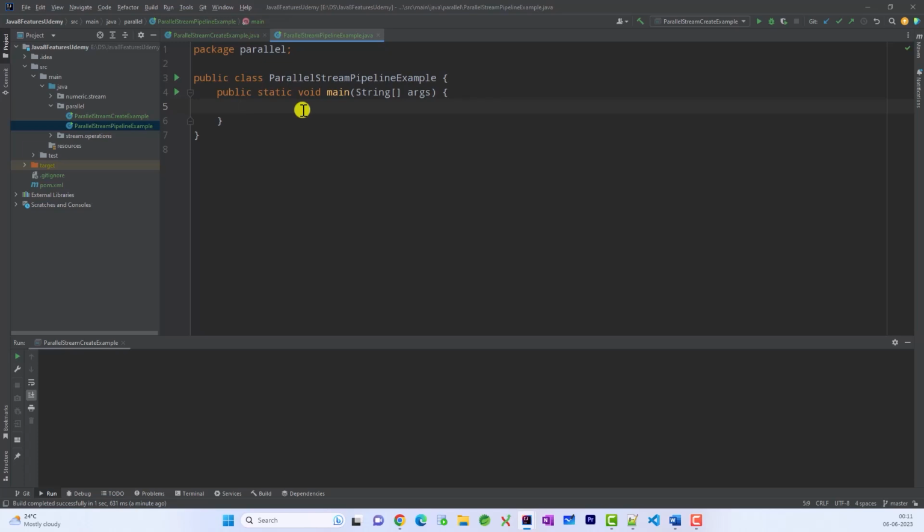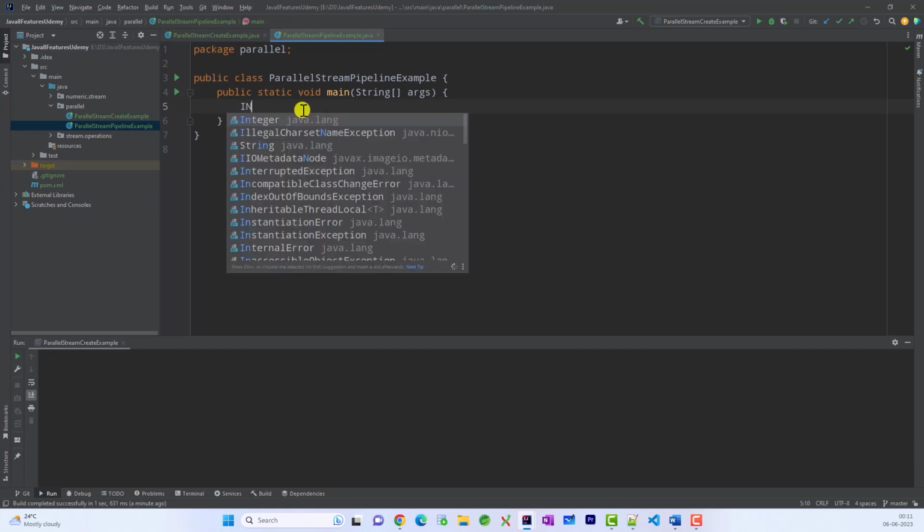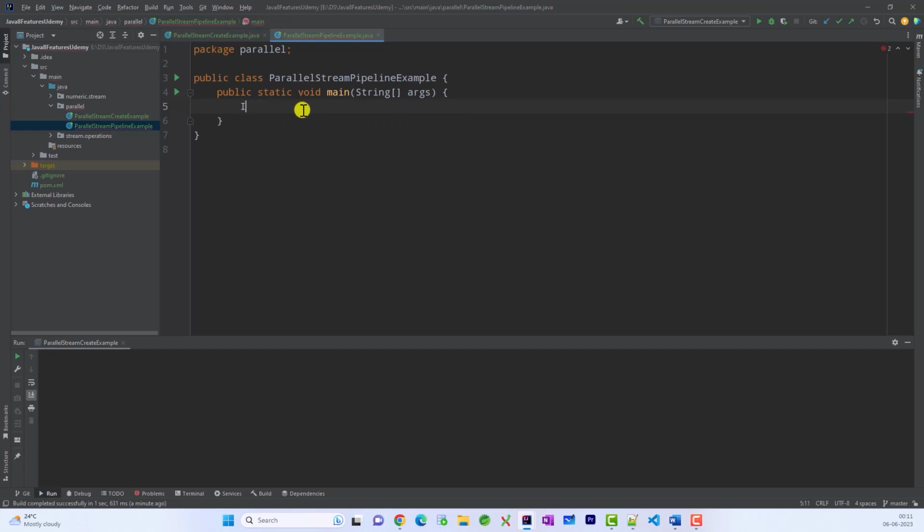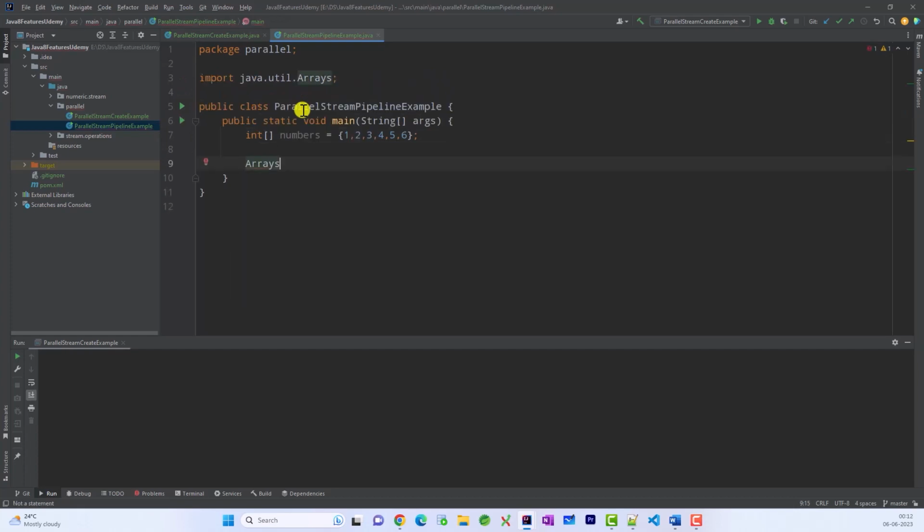Now let us discuss pipelining method calls, or chaining the method calls, on a parallel stream. Remember that similar to a sequential stream, on a parallel stream also we can chain the method calls. So for example, let me take an integer array, and then we will create a parallel stream and then do the method chaining. So it's numbers 1 2 3 4 5 6, and then let's convert this into